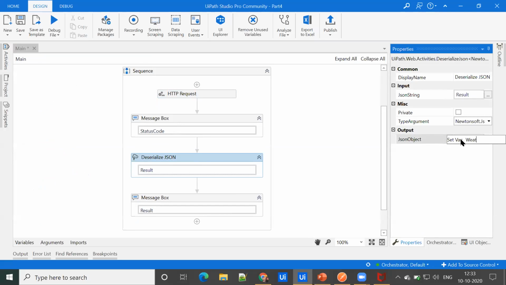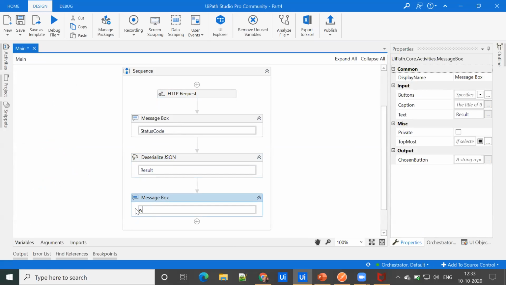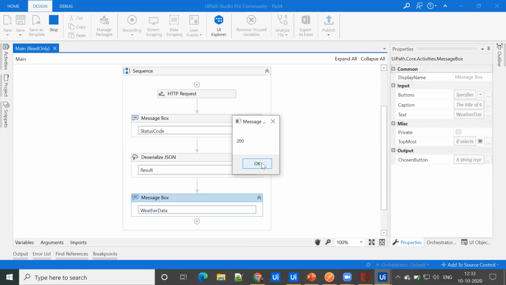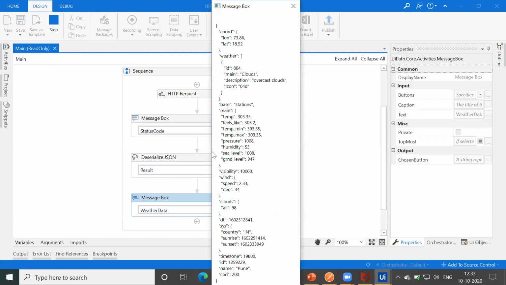Let's say weather data. And now print the weather data. Let's save it and run it. We got the 200, and you can see that we are getting the data in a JSON format, or a proper format.